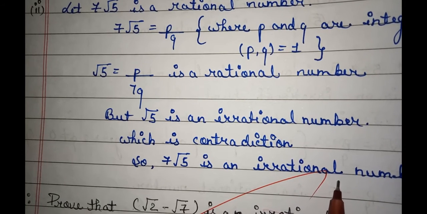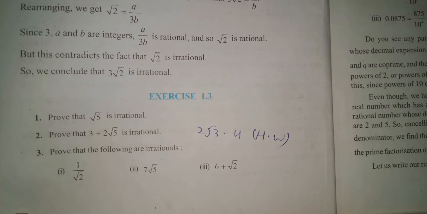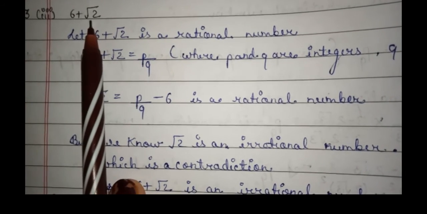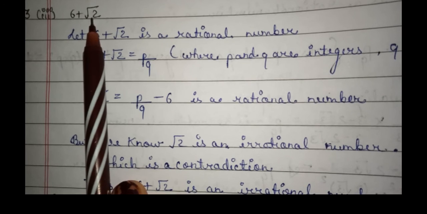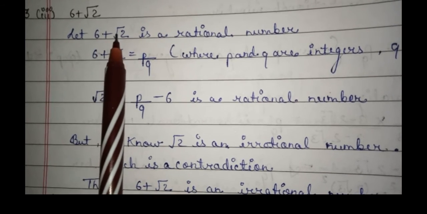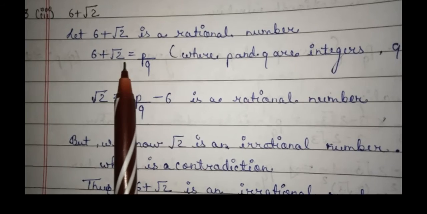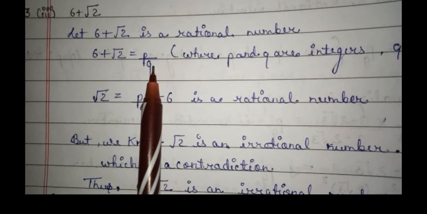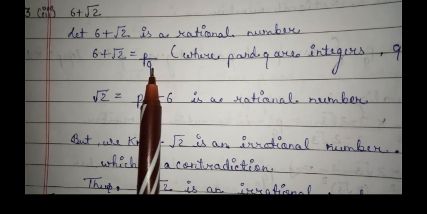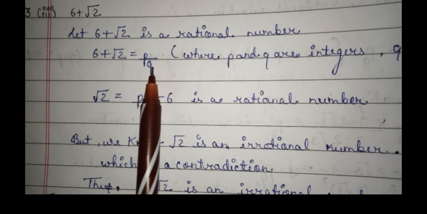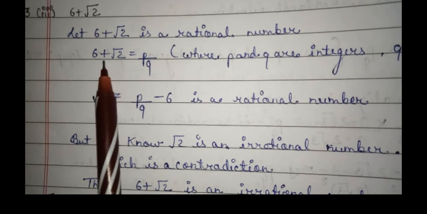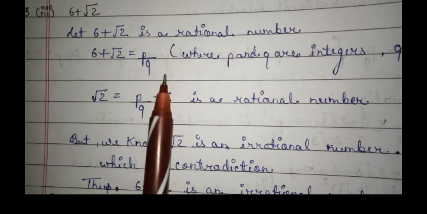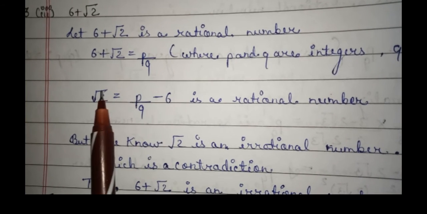Okay, moving to next question. Question number 3, part 3. Question number 3, part 3, 6 plus root 2. We have to prove this number as an irrational number. Again we will consider this number as a rational number. Now we can express this in the form of P upon Q, where P and Q are integers. This Q does not equal 0. Also these two can't have any common factor. Okay, now this 6 is here in plus, so on moving to the other side it will convert into negative. Now we get